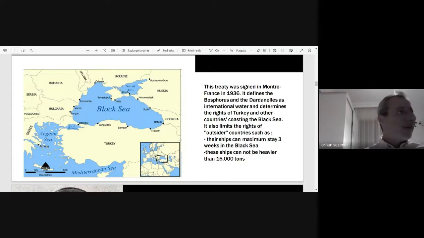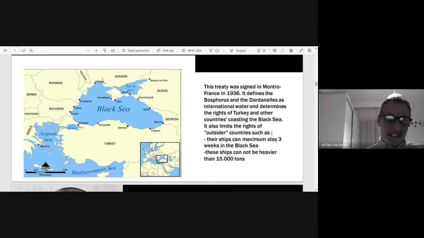Only in the times of war, Turkey was given the right to block the shipping through the Bosphorus or through the Hellespont. Innocent shipping was always to be permitted by Turkey. However, the shipping of the outsider countries, I mean, the countries who do not have a coastline on the Black Sea, they could make use of the Bosphorus and Sea of Marmara, and they could come into the Black Sea under certain